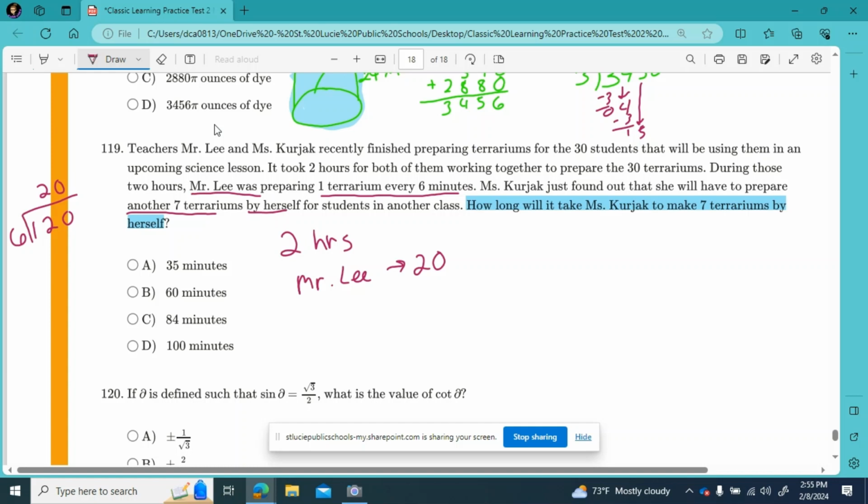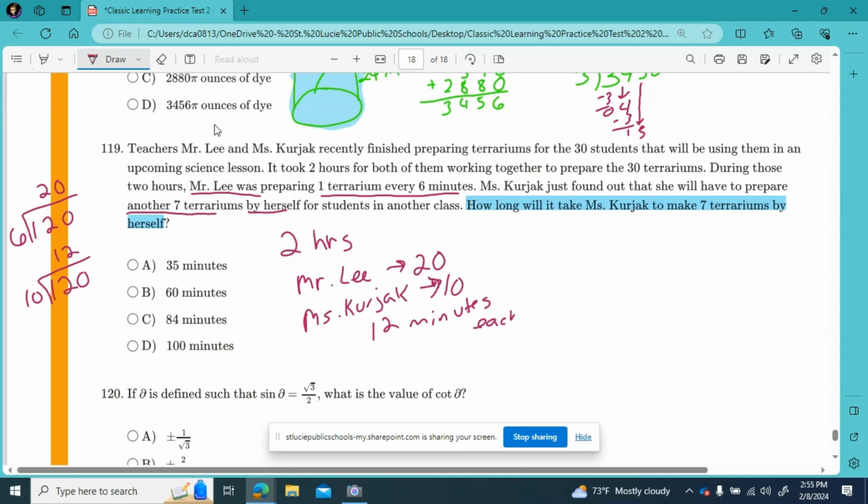So Miss Kerjack made 10 in 2 hours. So 2 hours is 120 minutes again. She made 10. 120 divided by 10 is just, well, that's just 12. So it took Miss Kerjack 12 minutes